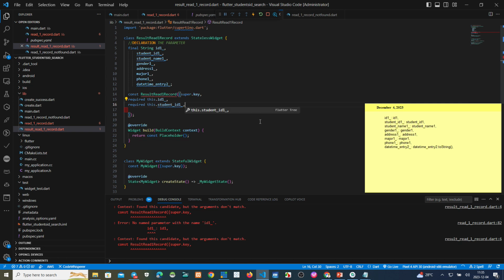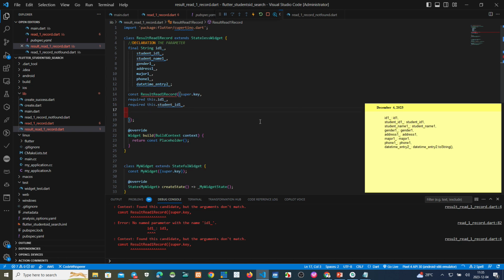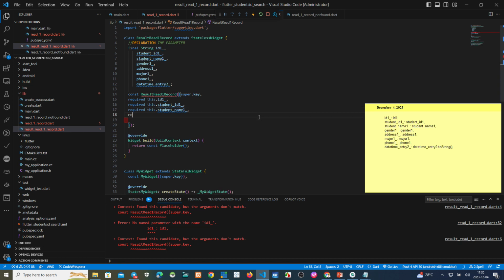Comma, require this student name 1. After that, require this, after name gender 1, this one.